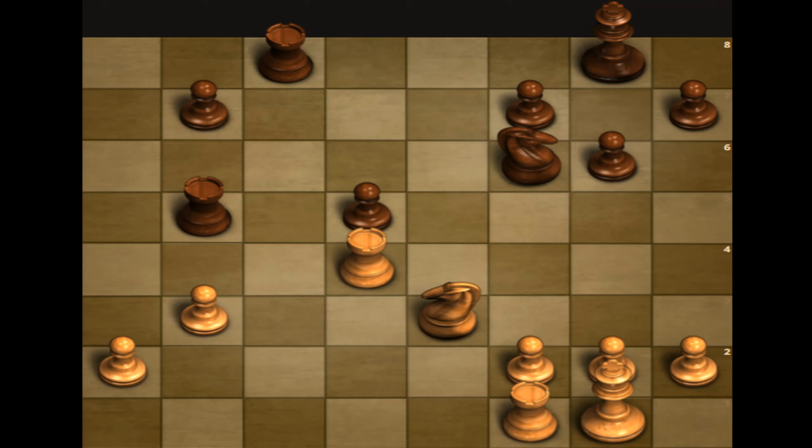Now, fixing weaknesses first before you can bring more important pieces to attack. Blockade, attack, destroy. Fix, attack, destroy. Very, very important principles, by the way. And obviously, in this situation that I'm describing,